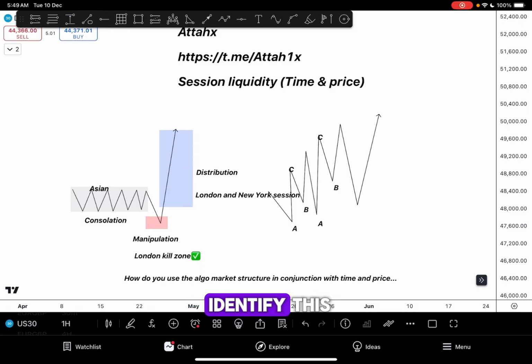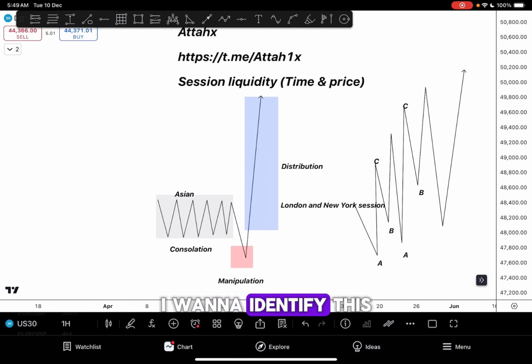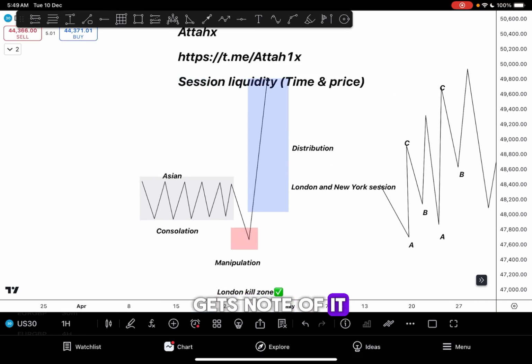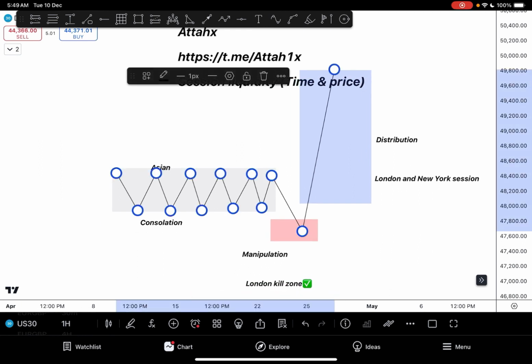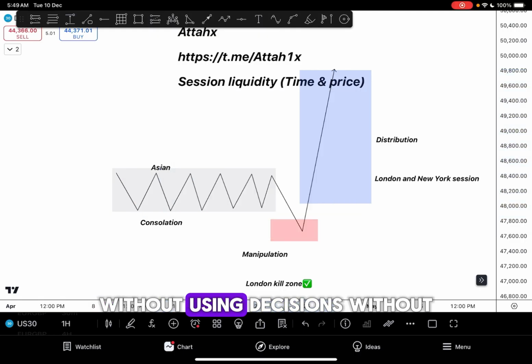I just want to identify this. I want to identify this for you so you take note of it, right? Without using the sessions,